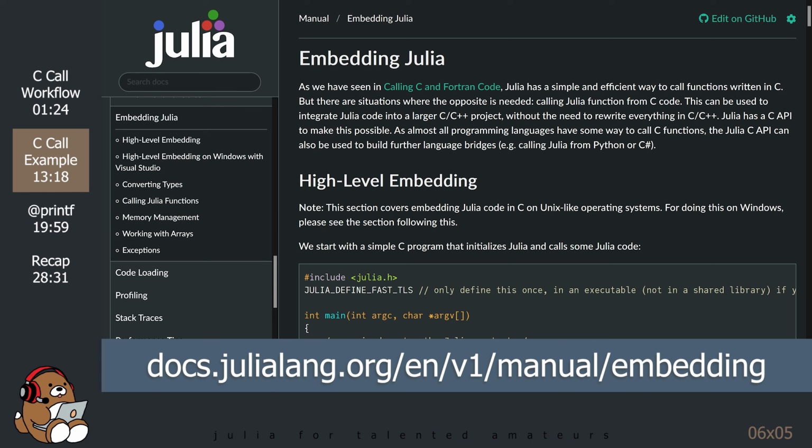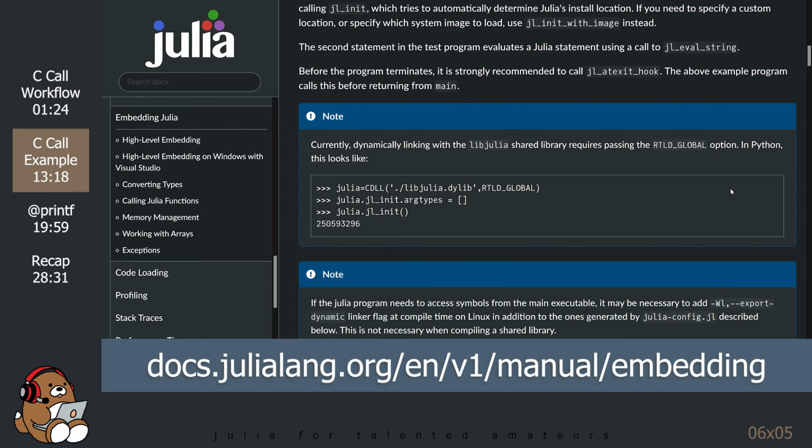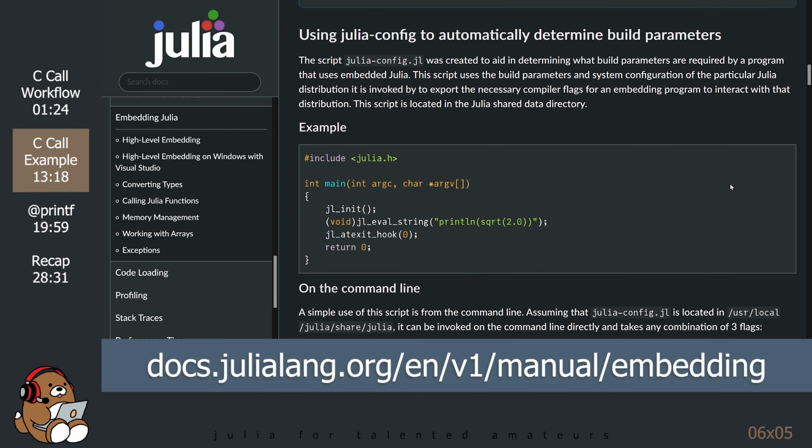Conceptually, this is very interesting, since that implies that you can create an app using Julia code, and then embed that code into C code so that you can use the C compiler to create an executable file. If this sounds too good to be true, that's because it is, at least for me. I have to confess that I have gone through this documentation and I have not been able to figure out how to get this to work on my Windows computer.